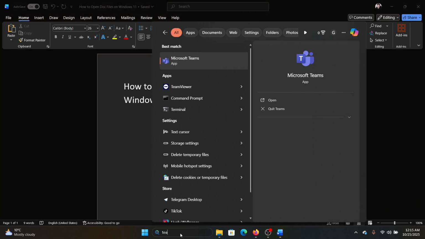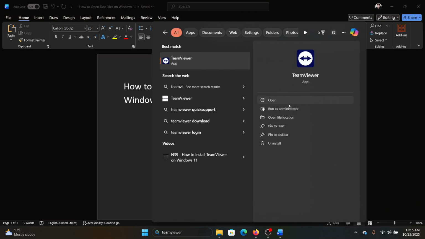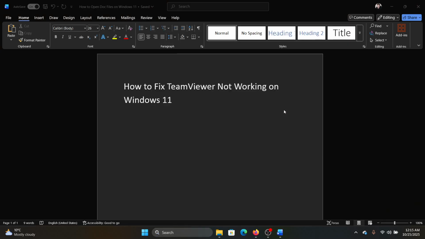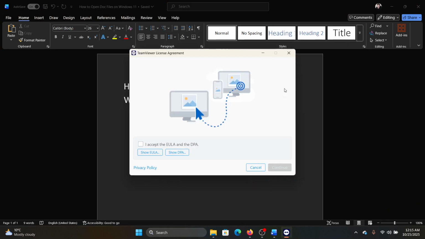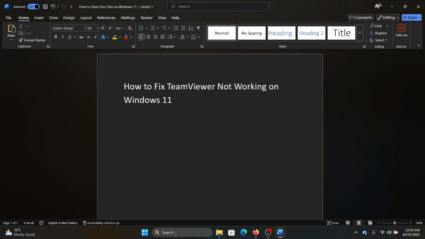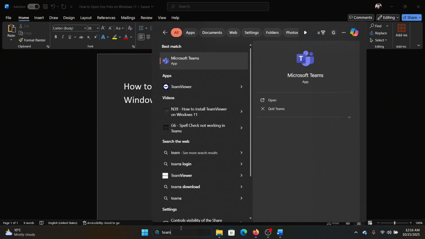Search for TeamViewer in the Windows search bar, and there is no option to open app settings. So try to run it as an administrator. If it works, well and good. If it doesn't work, then straight away search for TeamViewer once again